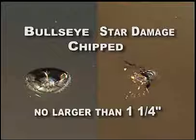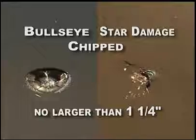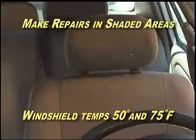Damage and chipped windshields up to 1 1/4 inches can be repaired in minutes with a state-of-the-art repair system. Repairs should be performed in shaded areas on windshields that are not hot to the touch. Optimal windshield temperature is between 50 and 75 degrees Fahrenheit. It's important that the resin not come in contact with the car's finish or painted surface, as this may cause